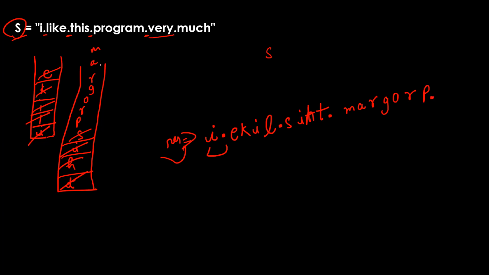Then for VERY as well, we are going to simply push in our stack. Let me write here. So V will be pushed, then E, then R, then Y will be pushed. You have seen a dot, just pop them out. So we'll be having Y, R, E, V, and just add this dot. So what is the case that is happening now?